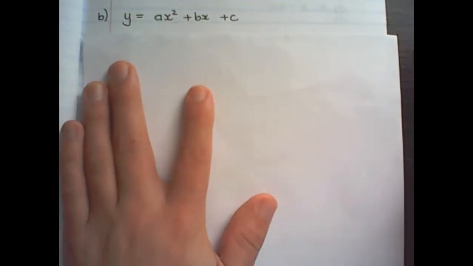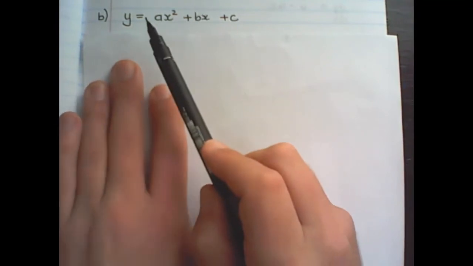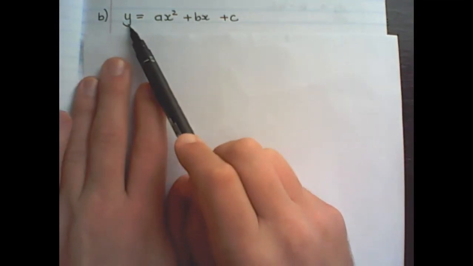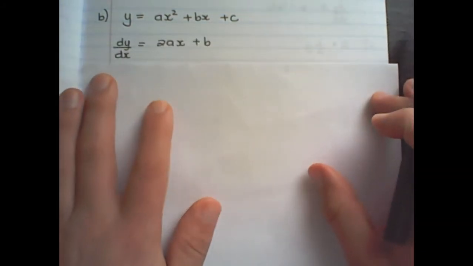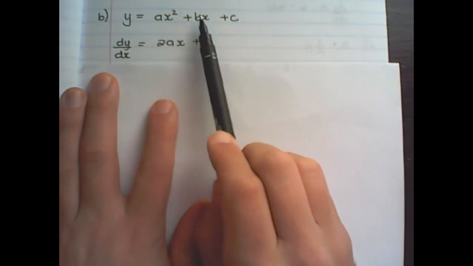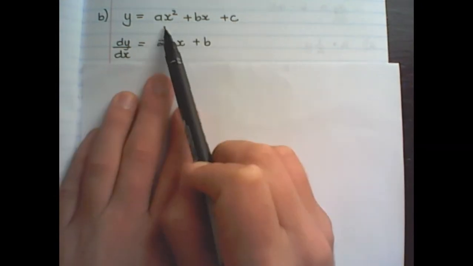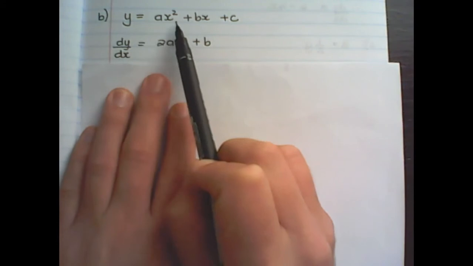How about the standard trinomial expression? We have y = ax² + bx + c. So in order to differentiate, I differentiate each term individually. So I have as the derivative